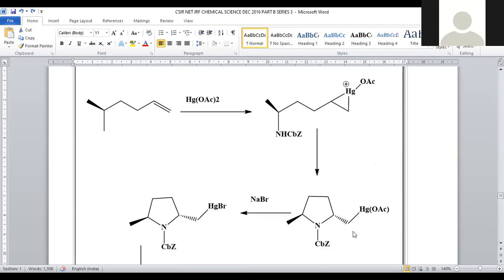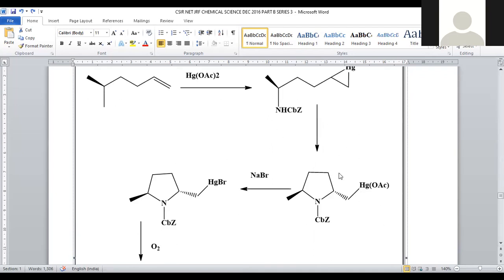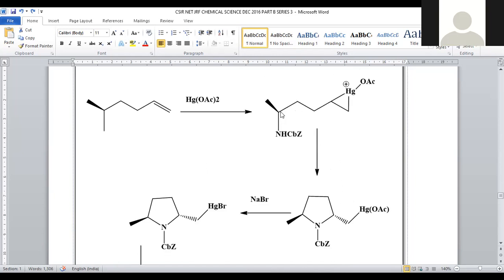Here you can find CH2HgOAc, so this kind of functional group is there. Subsequently, when this ring opening is possible, the lone pair of electrons present in the nitrogen will be attached to the center, because whenever these bonded electrons migrate towards mercury, carbocation deficiency is originated. Electron deficiency can be neutralized by the lone pair of electrons in the nitrogen, so there is a possibility of cyclization.